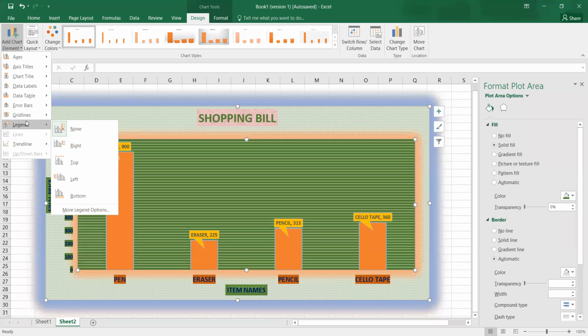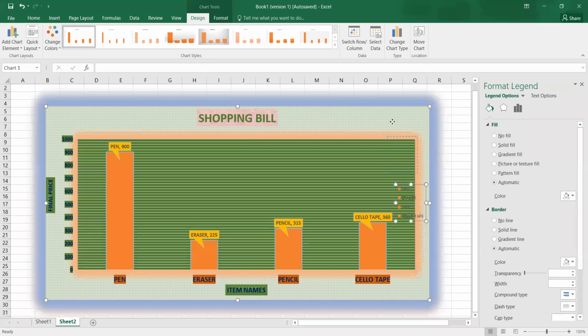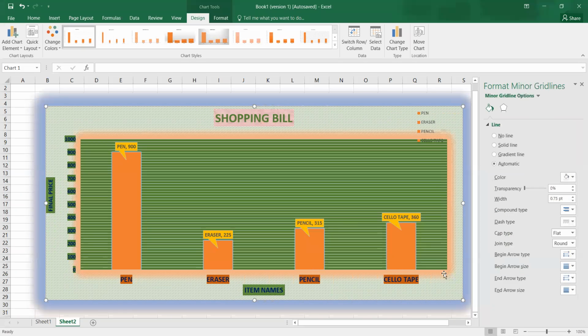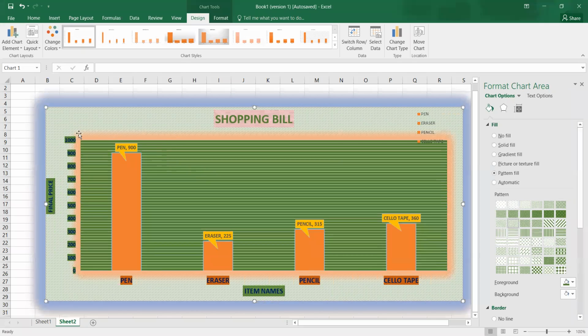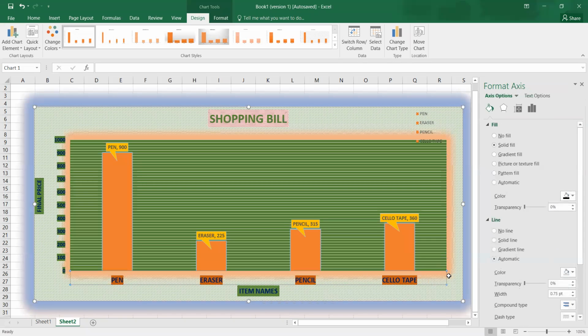The next are the legends. So legend, where you want to display the legend, on the right side, on the top, onto the left side, or at the bottom. So let it be, I'm applying on to the right side. Now these are the legends. I can drag it here, or you can increase the size and little plot area to be decreased so that legends can fit properly.